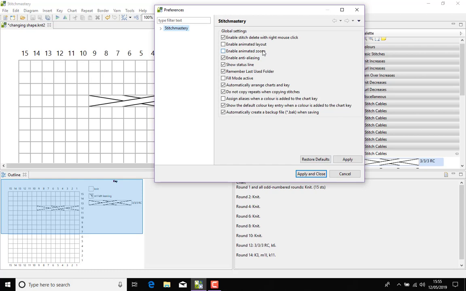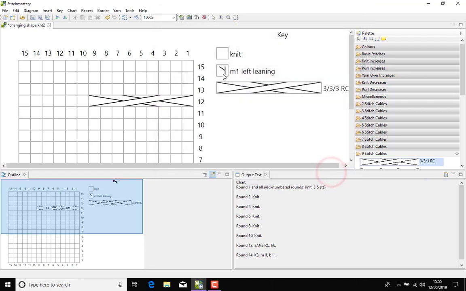The next few options are definitely ones that have been inherited and not specifically created for Stitch Mastery itself. So we have Enable Animated Layout and Enable Animated Zoom. At the moment I have these not selected, and we'll try to demonstrate what this means.